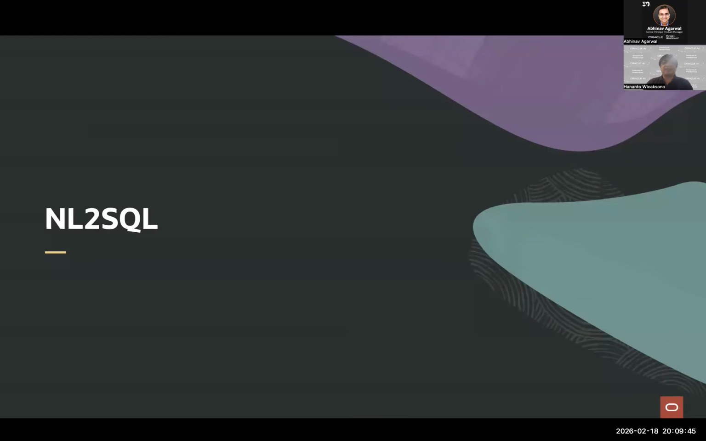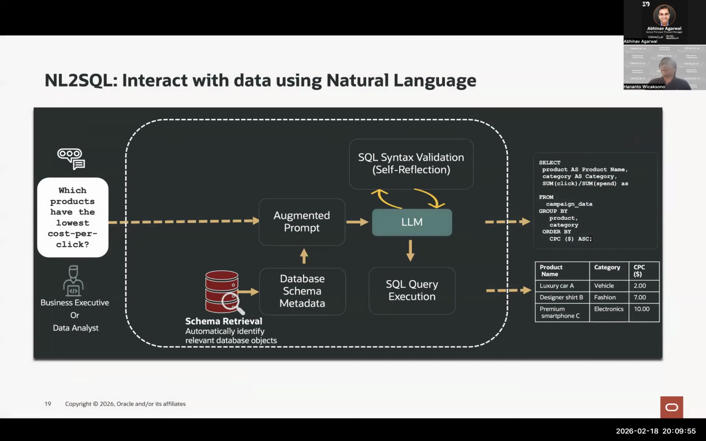This is NL to SQL. It is a feature where we can convert natural language input into SQL queries automatically and execute those SQL queries. This NL to SQL basically provides you with the capability to interact with the data inside a MySQL database using natural language, where you can use natural language queries, and inside it will create augmented prompts